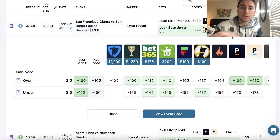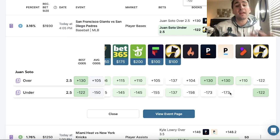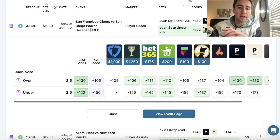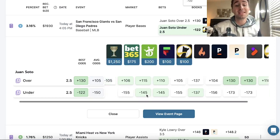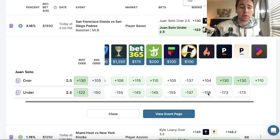Juan Soto, under 2.5 bases, the play in green, right? And also in bold. This is a play that looks great in an Underdog Fantasy entry because what you're going to notice is all the sportsbooks, all the data points in the market. I say this a lot, but as a sharp bettor, you treat every single sportsbook as a data point telling you where the line should be set. And you're going to notice every single sportsbook